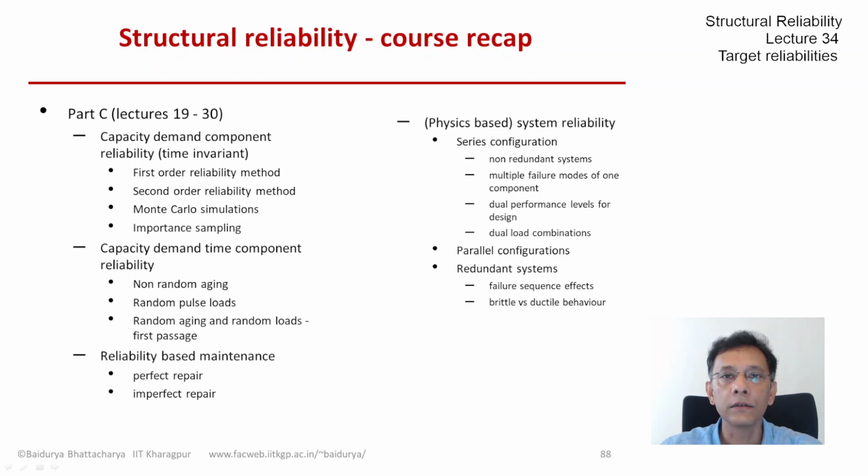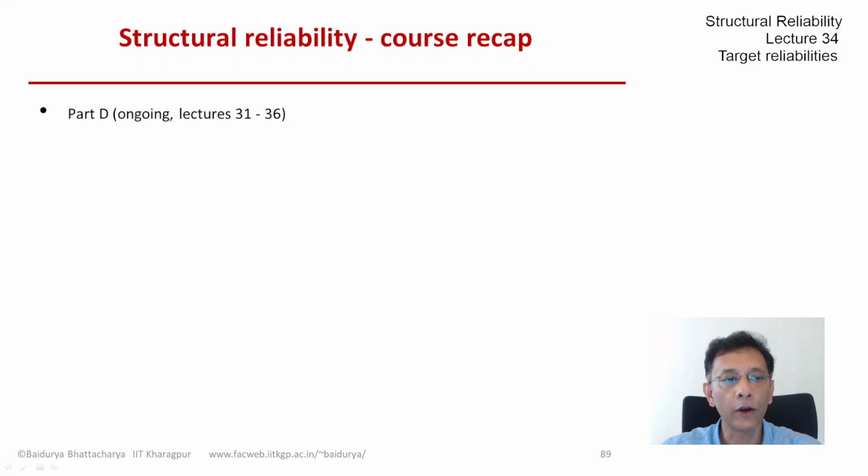We then looked at parallel and other redundant configurations, in which we looked at two extreme cases or two ideal cases. One was the brittle failure of elements, and the other was the ductile failure of elements. And because of the load sharing nature, we also discussed the effect of failure sequences. So that was the end of part C, and what is going on now